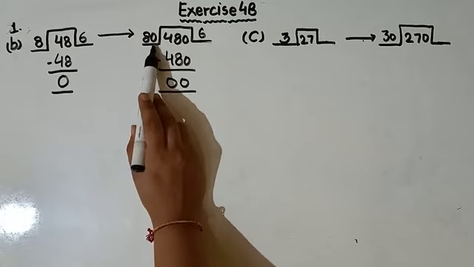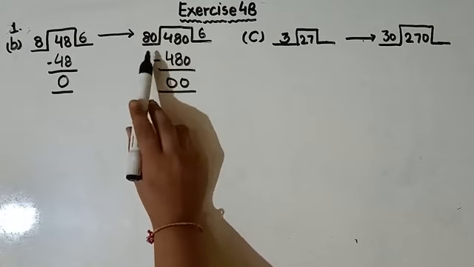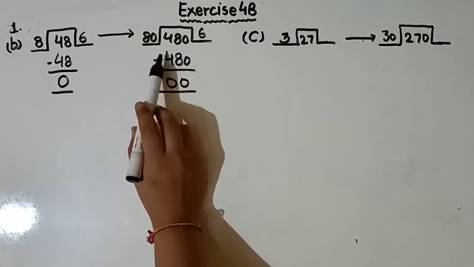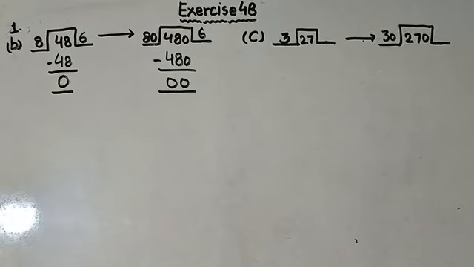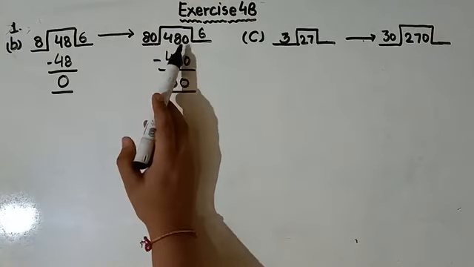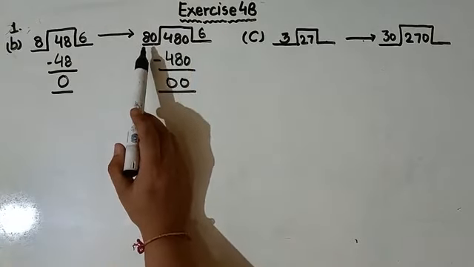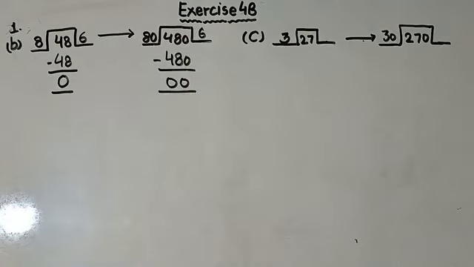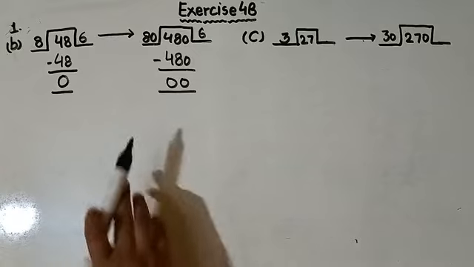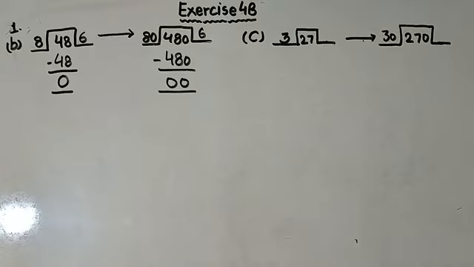You can see here we have the divisor. In the divisor and in the dividend, both of them have the last digit 0. Is that clear? This can happen only if the divisor and dividend both have the last digit as 0. Is that clear? If here we have 80 and here we have 48, or if here we have only 8 and here we have 480, then it is not possible. Is that clear? So for this kind of question, we need both the divisor and dividend to have the last digit 0.